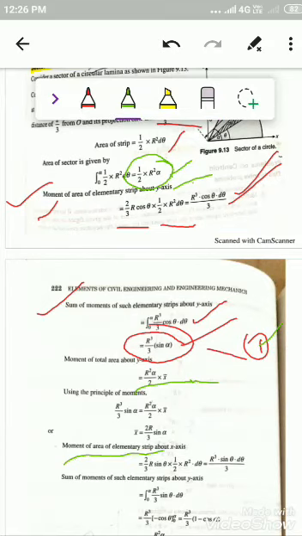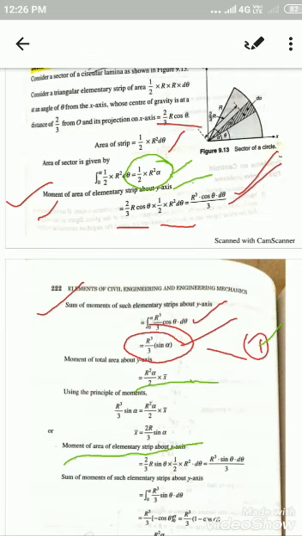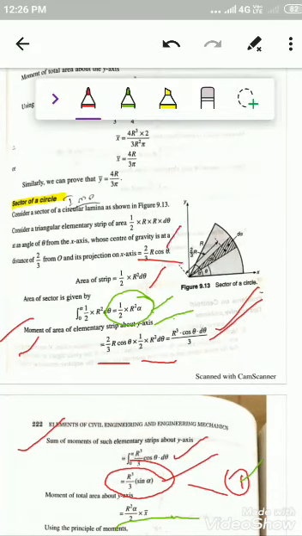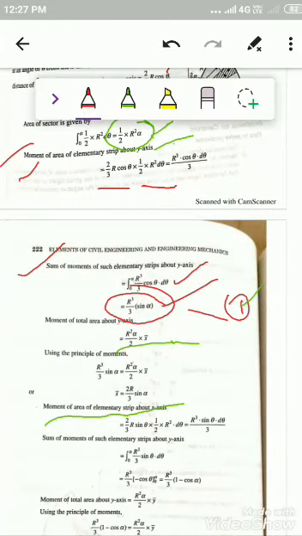the moment of the elementary strip about the x-axis. What is the difference here? Whatever perpendicular distance you obtained, that is the main difference. Instead of cos theta, you will get sin theta there. That is the only difference, because you know the sin and cos components by considering the respective triangles, so you have to take the moment about the x-axis.